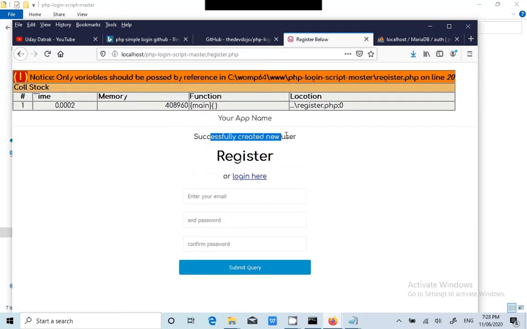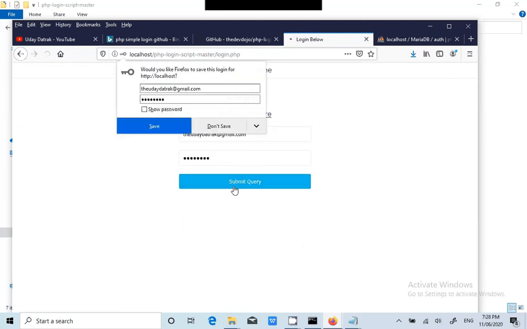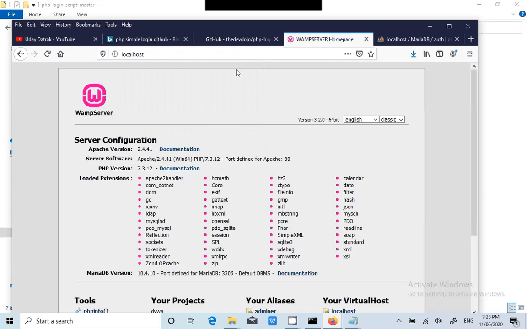Successfully created the username and password. That means it is redirecting to some page, so by default we are successfully logged in now.